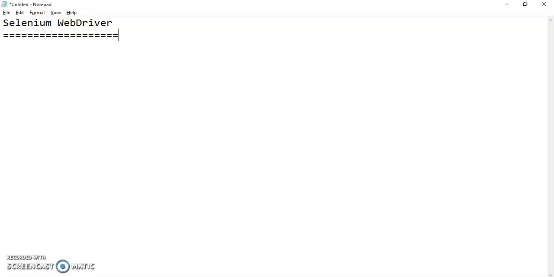As I said before, Selenium is available in the form of libraries and we are going to use Java programming language. So we need to download first Selenium Java libraries. Second thing we need to download is browser drivers.